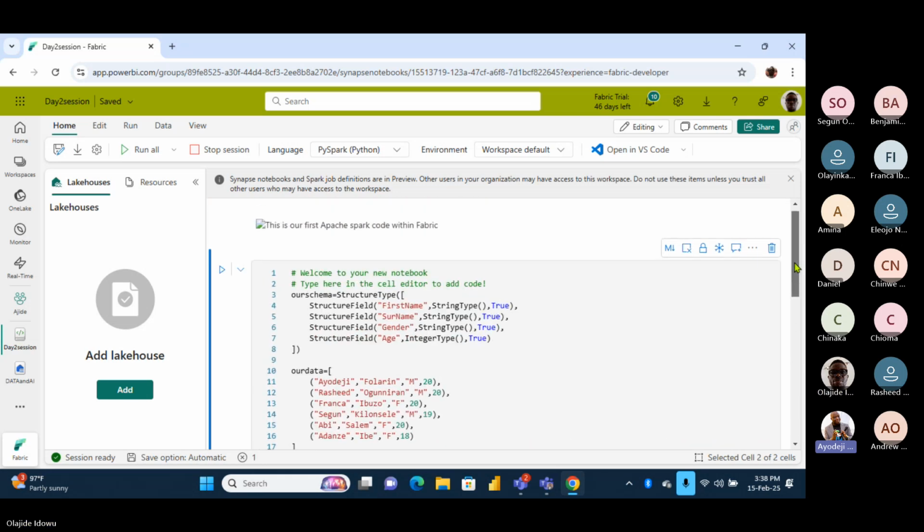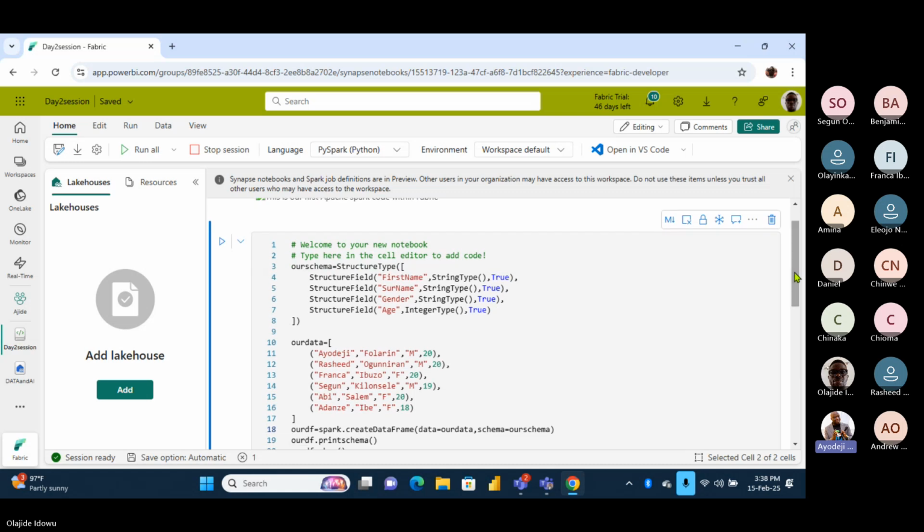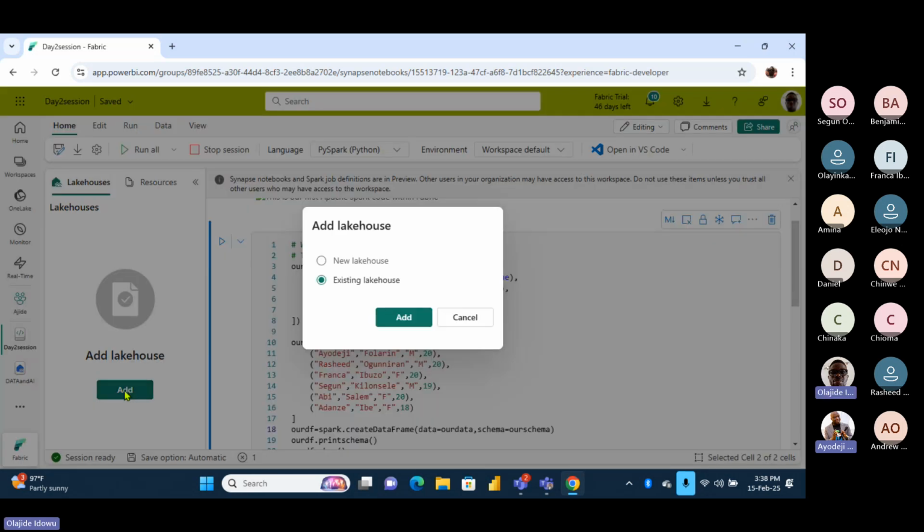So please, I want us to look at add lakehouse by the side. Click on add lakehouse. In your notebook, there's a big icon in the middle. Shall I go ahead? Go ahead and add lakehouse. When you click, we already have our lakehouse existing.